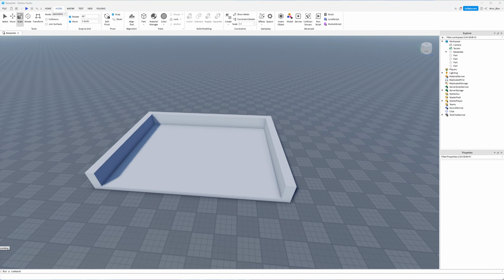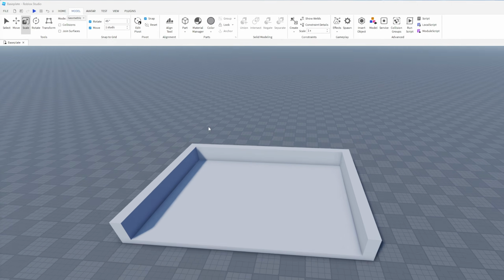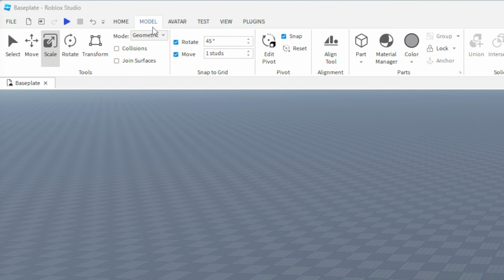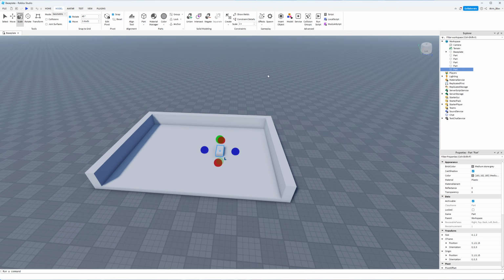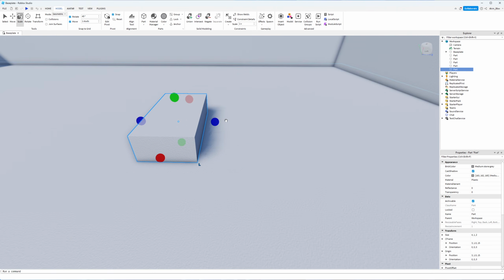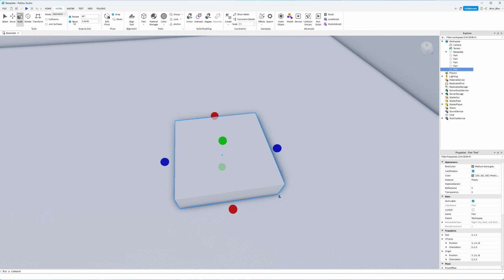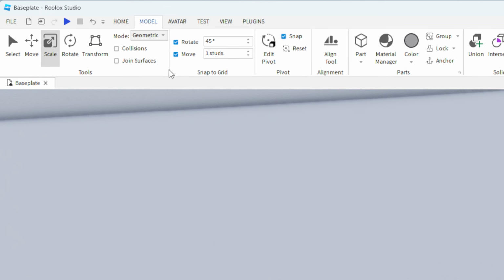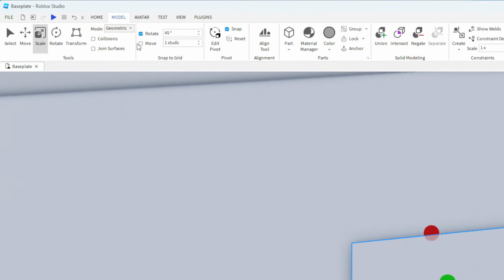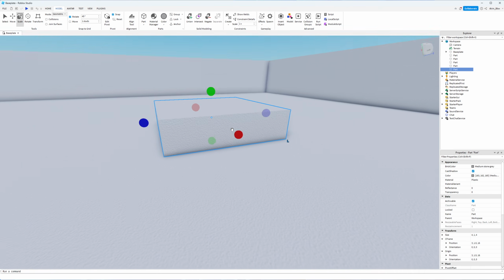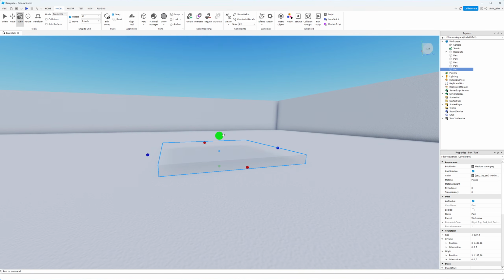Next, we're going to want to create a button for players to step on if they want to purchase items in the tycoon. So again, let's head up here and click on the Model tab or the Home tab and choose Part here. Then I'm going to go down here and zoom in a little bit and make it more like a square, and I'm going to then head back up here under the Model tab, make sure that Move is unchecked so that I can finally rescale this part to be much thinner like this.